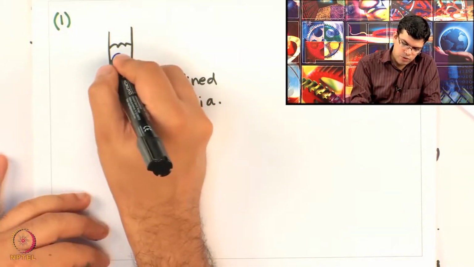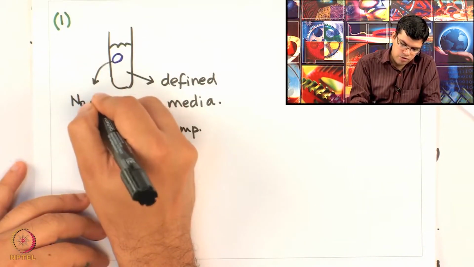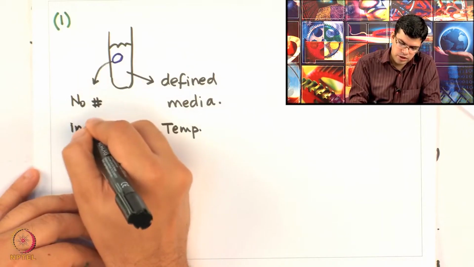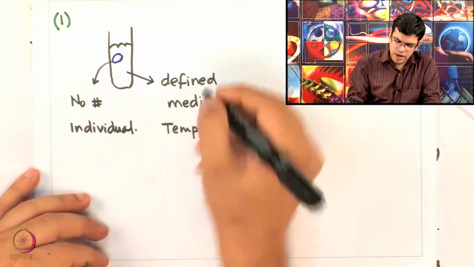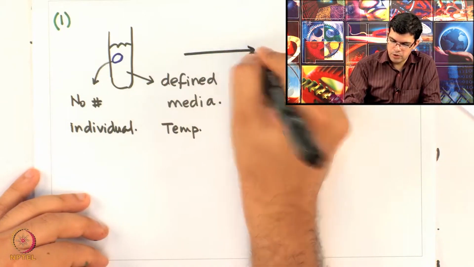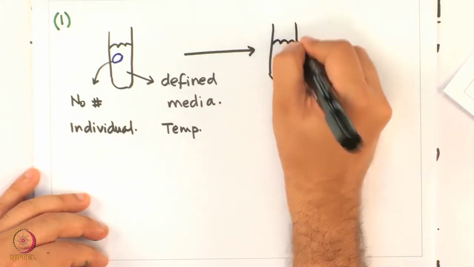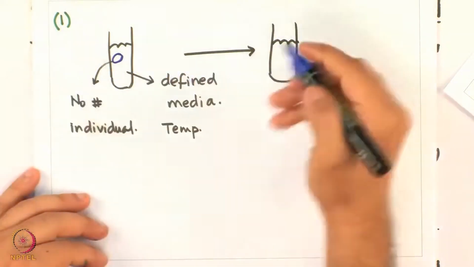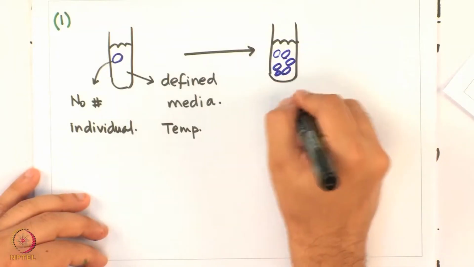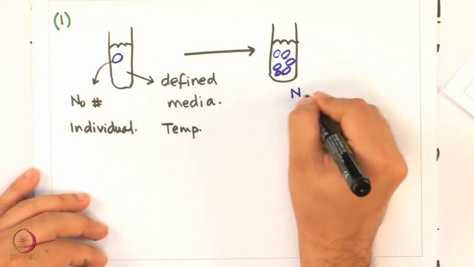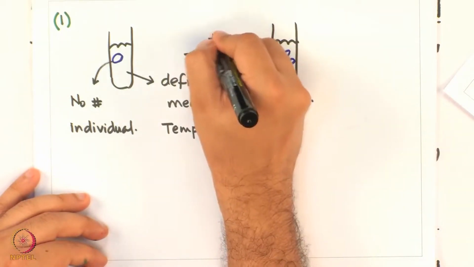So, at t equal to 0, you add N0 number of individuals to this environment, and you let this media grow. You let growth take place in this environment, and after you wait a while, your numbers will go to Nt. Let us say Nt is the number of individuals if you let growth happen for time